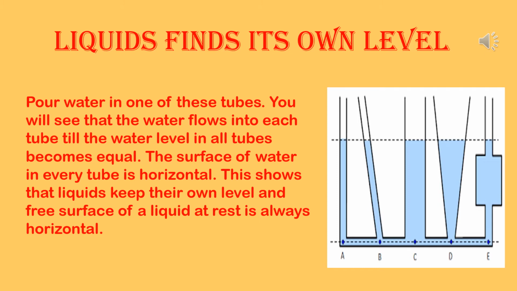Now, a number of vessels having different shapes are interconnected in the figure. When some liquid is poured into them, it is found that the surfaces of the liquid in each vessel stand at the same level. Whatever be the shape or size of the vessel, the points A, B, C, D and E are at the same horizontal level, and so pressures at these points must be the same. Thus, the level of the surface in each vessel must be the same, and it can be said that liquid finds its own level.